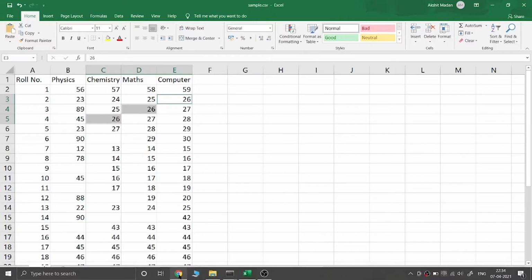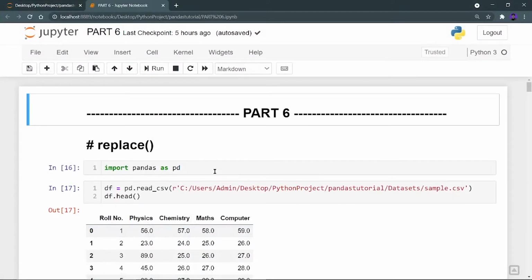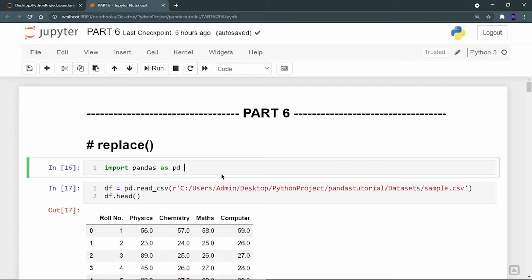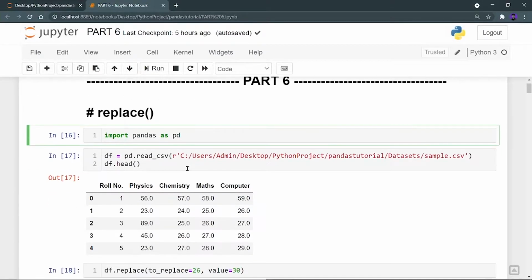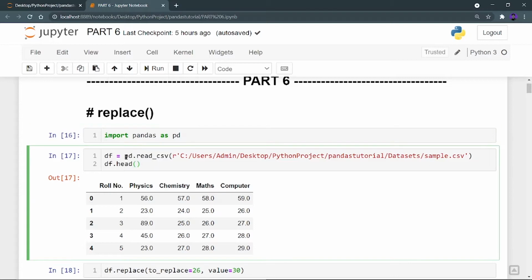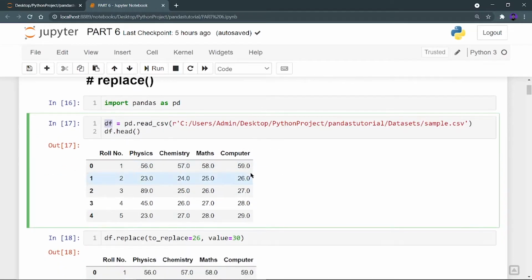So let's go to our Jupyter notebook and start coding it. First of all, I have to import pandas as pd. Then you have to read your CSV file, using the read_csv function, which we have already learned, and I'm going to save this data frame in the df variable. So my df, my data frame, is ready. Now let's have a look at our data frame using the head function, which provides the first 5 rows. I get a good idea that my dataset consists of roll numbers and the marks of these roll numbers, of 4 subjects.